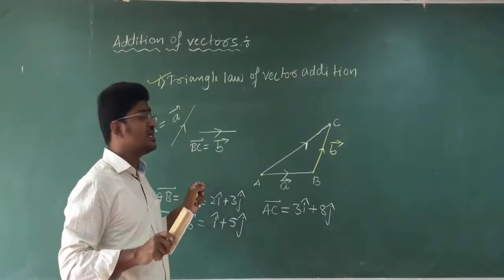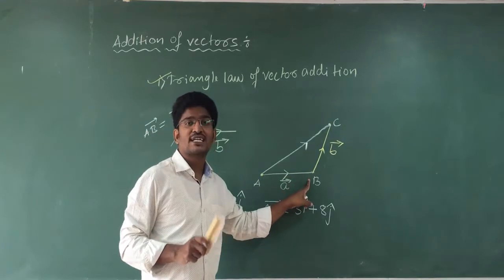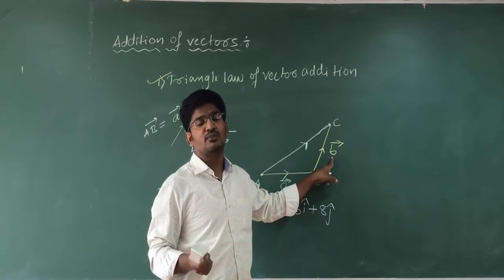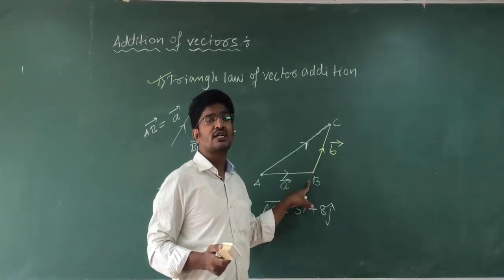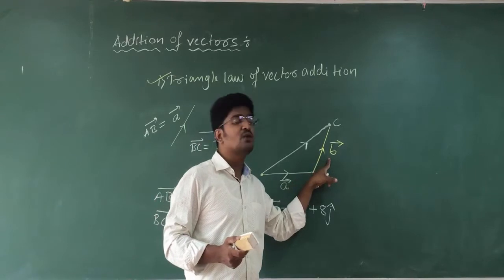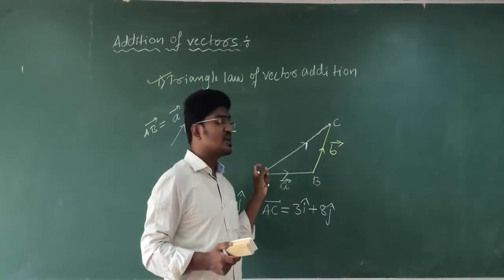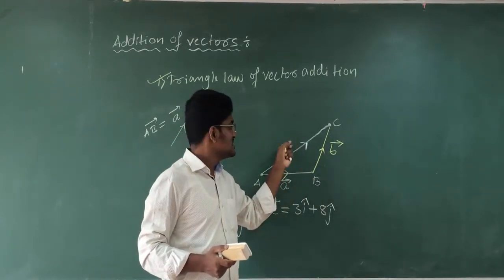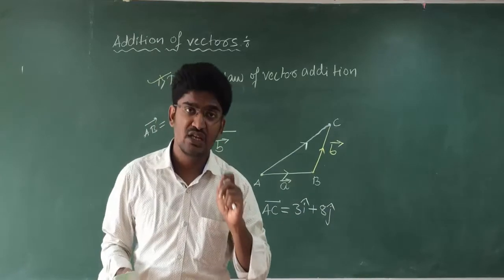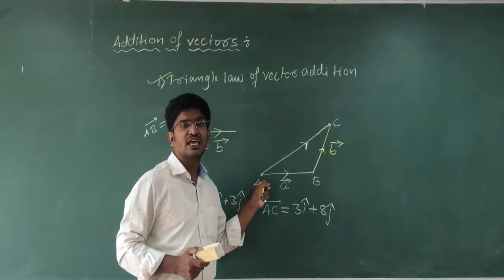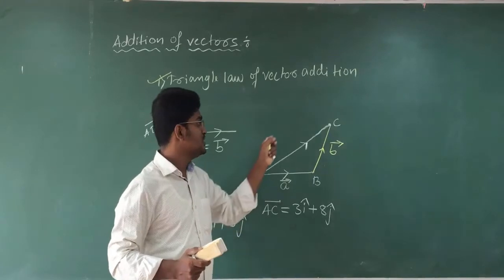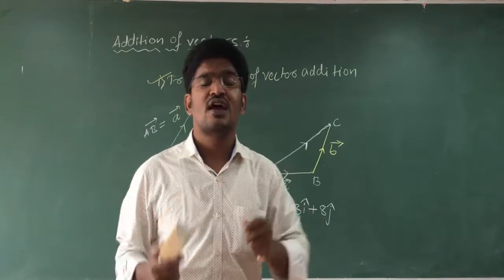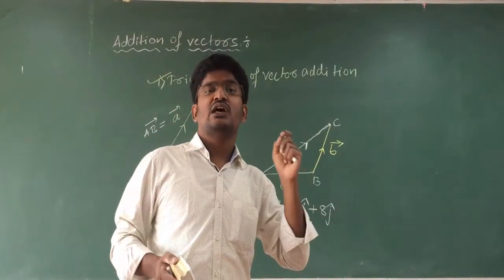In such a form that the terminal point of vector A should be the initial point of vector B. You have to join vector A and B such that the terminal point of vector A must join with the initial point of vector B. So from this triangular law of vector addition, you can tell that vector A plus vector B is the resultant vector, vector AC. That vector AC starts from the initial point of vector A and joins to the terminal point of vector B. So this is how the triangular law of vector addition tells.